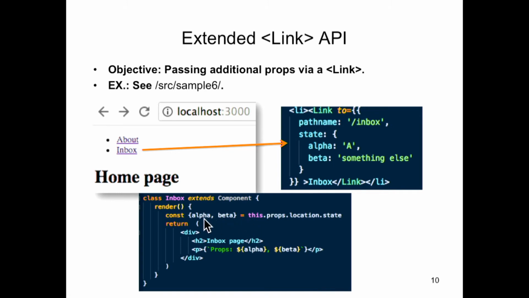Now again, just for variety, I'm using destructuring syntax here. So I'm taking my this.props, so it's this.props.location property. Effectively, the location is where this state is going to be attached to. As you can see here, I'm going this.props.location.state. The state here refers to the state here. And so I'm taking that object, which is this object here,